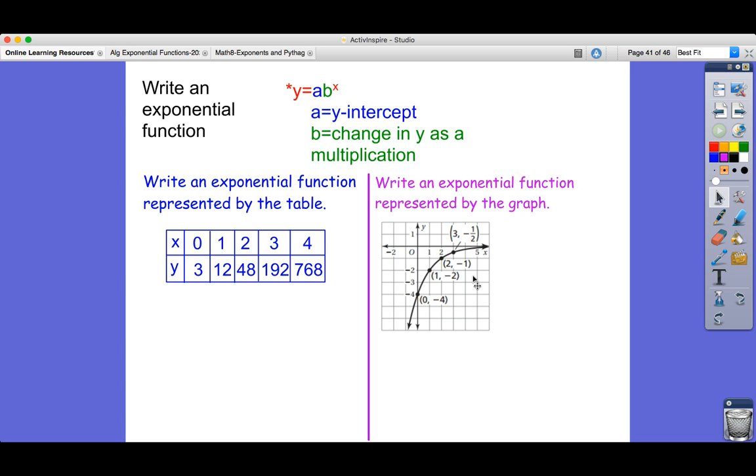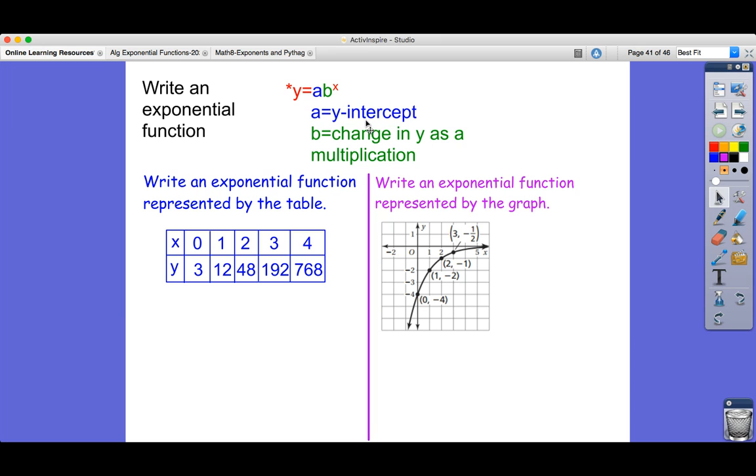Today we're going to look at how to write an exponential function equation. So whether you're given a table or a graph, you should be able to write the exponential function that describes what's happening. An exponential function is written in the form y equals a times b to the x power,